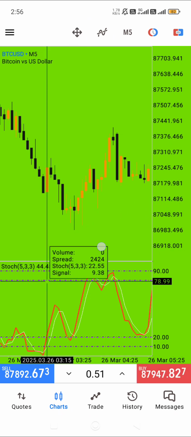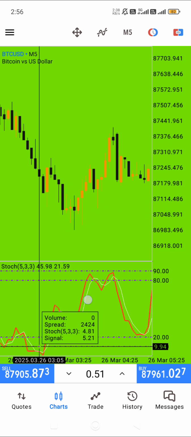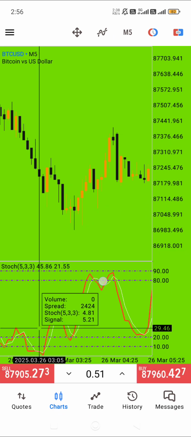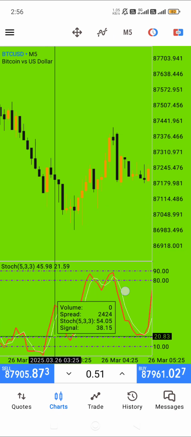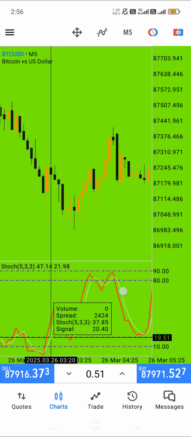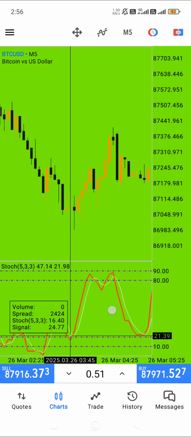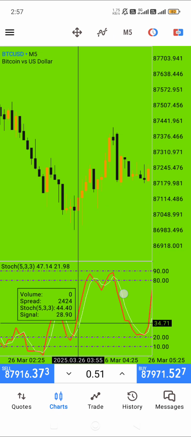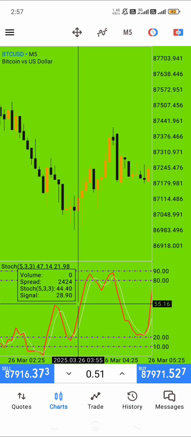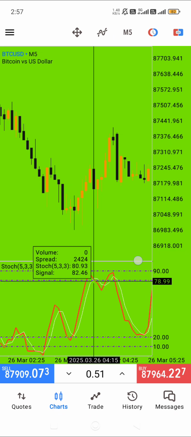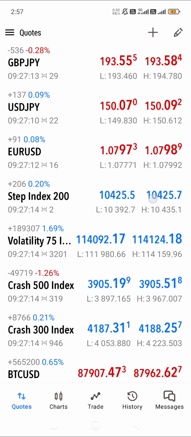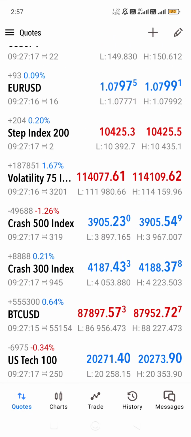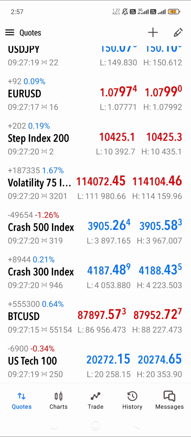Here same thing, both lines at the 10 and 20 levels. Here the 10 and 20 level crosses both lines and crosses above 20. That means the market will go up. This is buying mode. A little bit down on this candle. On this candle, just check, 20 touches up, then both lines go up. That means the market will go up. You can do so much backtesting. All currencies, the same method you can use. This is a nice indicator, but trade only on a confirmation signal.